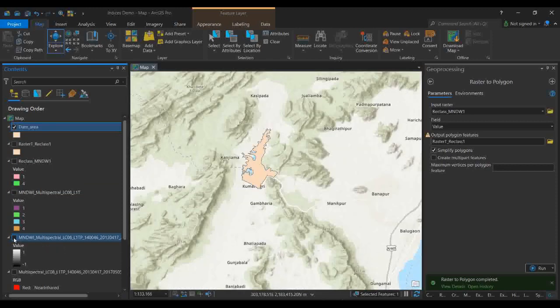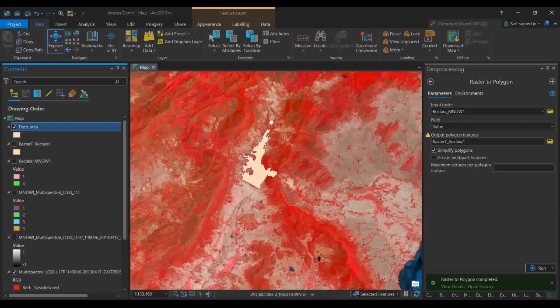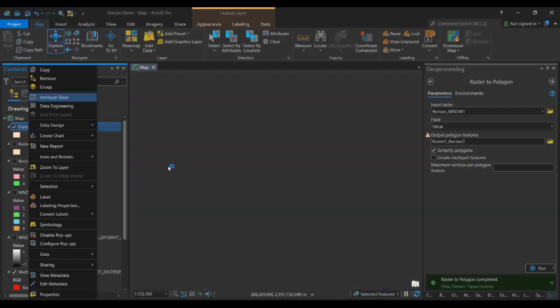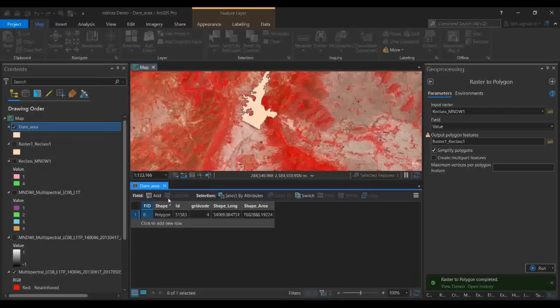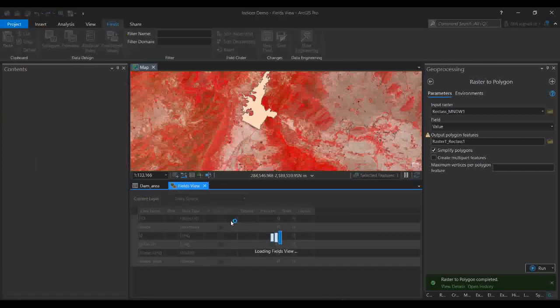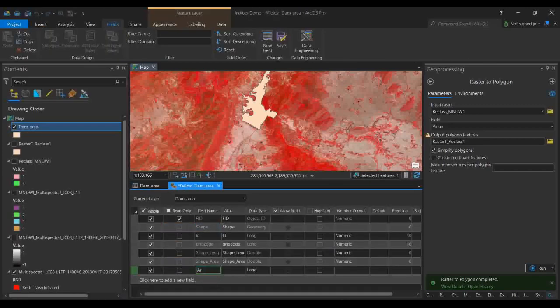This is a kind of image targeting which I did, and I extracted exactly the area which we want. Now if you want to calculate this area, that you can also do. You go to this dam area, and if you want to add a column, you can add an area column and calculate it in, suppose, double.